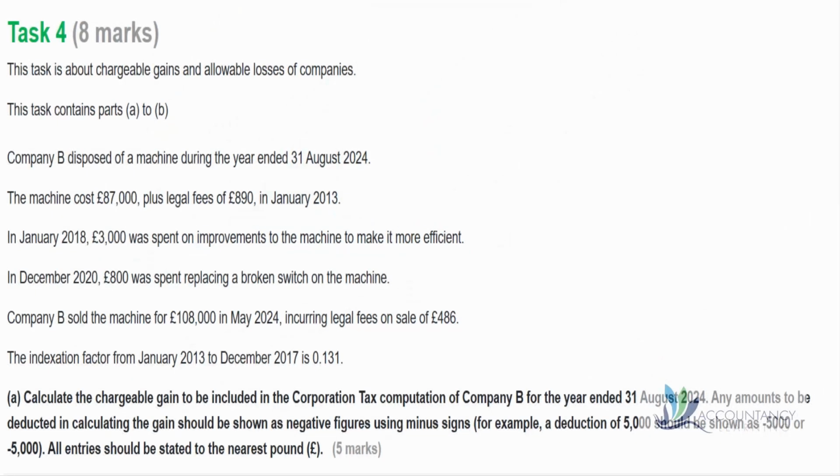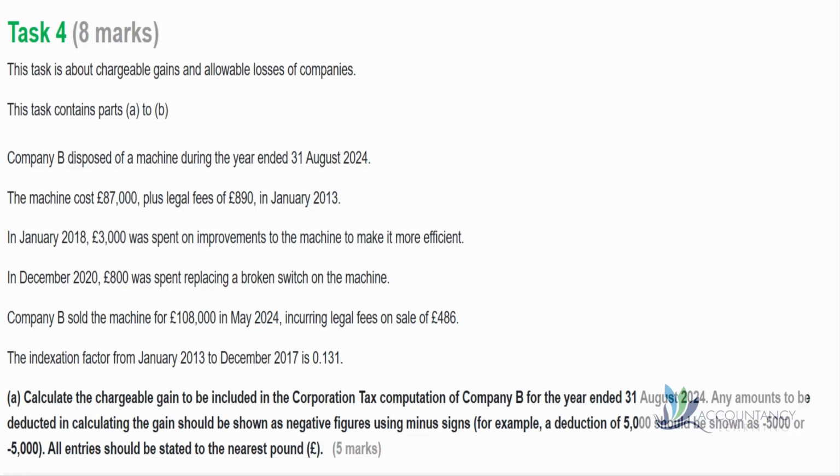This is a debrief of Task 4 from the first sample assessment of business tax. Task 4 is about chargeable gains and allowable losses of companies. Remember that chargeable gains for companies would just be included as part of their corporation tax. So we're told that we need to calculate the chargeable gain to be included in the corporation tax computation of